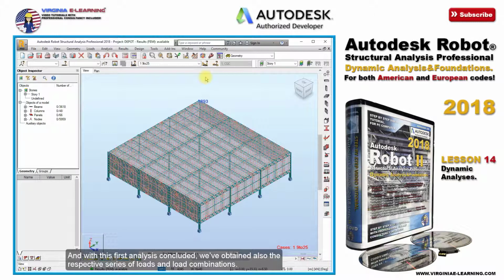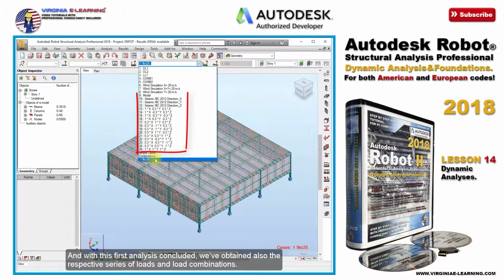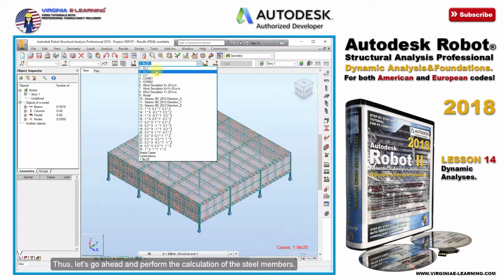And with this first analysis concluded, we've also obtained the respective series of loads and load combinations. Thus, let's